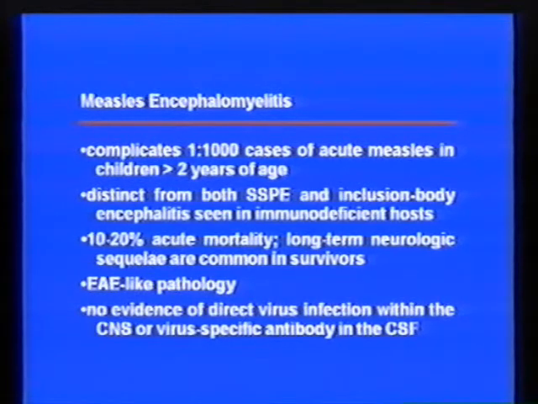In patients who develop measles, there is a complication of this infection that occurs in about 1 in 1,000 patients called measles encephalomyelitis. This is a neurological disease characterized by progressive neurological symptoms, and in those cases that have been autopsied or biopsied, the pathology is inflammatory and demyelinating in nature. Furthermore, there's no evidence that this disease is caused by measles actually spreading to directly infect the brain. There's no evidence of measles virus in the nervous system.